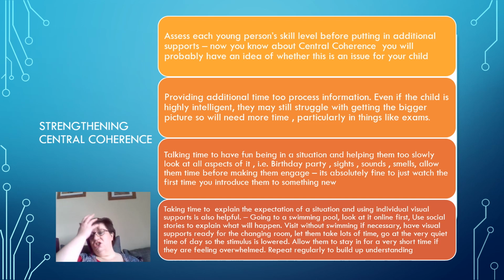If, say, for instance, you've got a child who's starting a swimming club, for your neurotypical kid, they'd be able to go straight into the swimming club and be able to start. For a child with a neurodevelopmental difference, you might need to do some pre-prep. You might need to visit the swimming pool. You might need to visit the changing rooms. You might need a visual strip to help the child to know about getting their swimming costume on. You might need to have gone into that place quite a few times so they get used to the sensory stimulus of what's happening in that pool, because they're not going to be able to go straight into that circumstance.